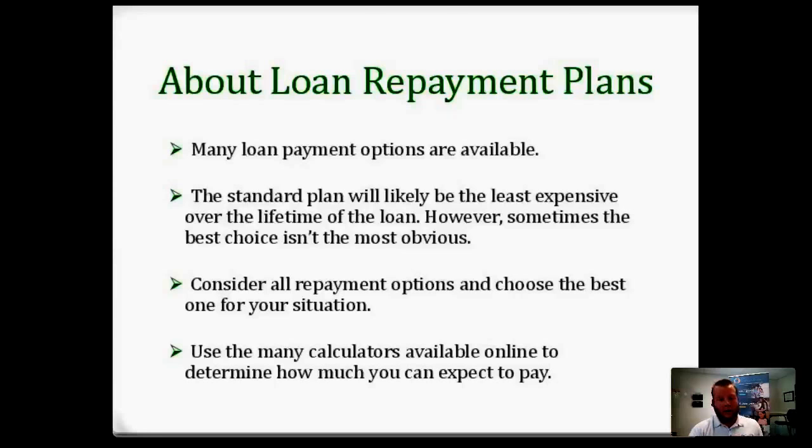It's very important that you consider all repayment options and choose the best one based on your situation. I've brought that up many times just because a lot of people immediately assume they want to go to the one that has the lowest payment, but maybe that helps your situation now for the short term. But let's say your income is going to increase greatly in 6 to 12 months, it may not be the best option, because that payment could easily shoot up the following year and maybe it doesn't make sense, whereas an extended graduated might have made more sense. So that's why it's important to run through all the different scenarios.